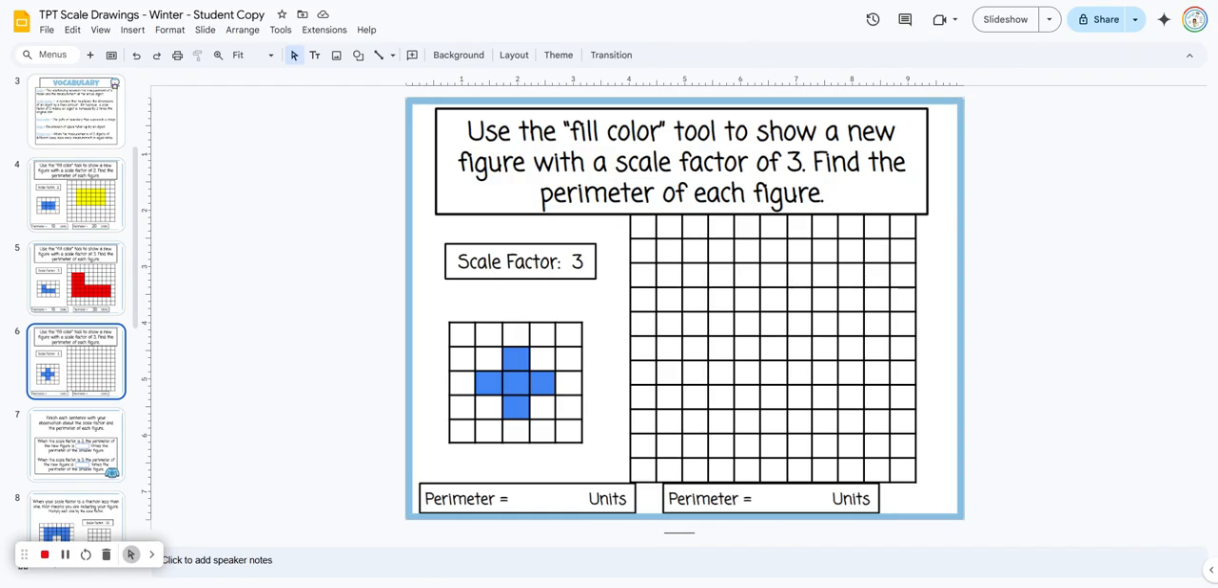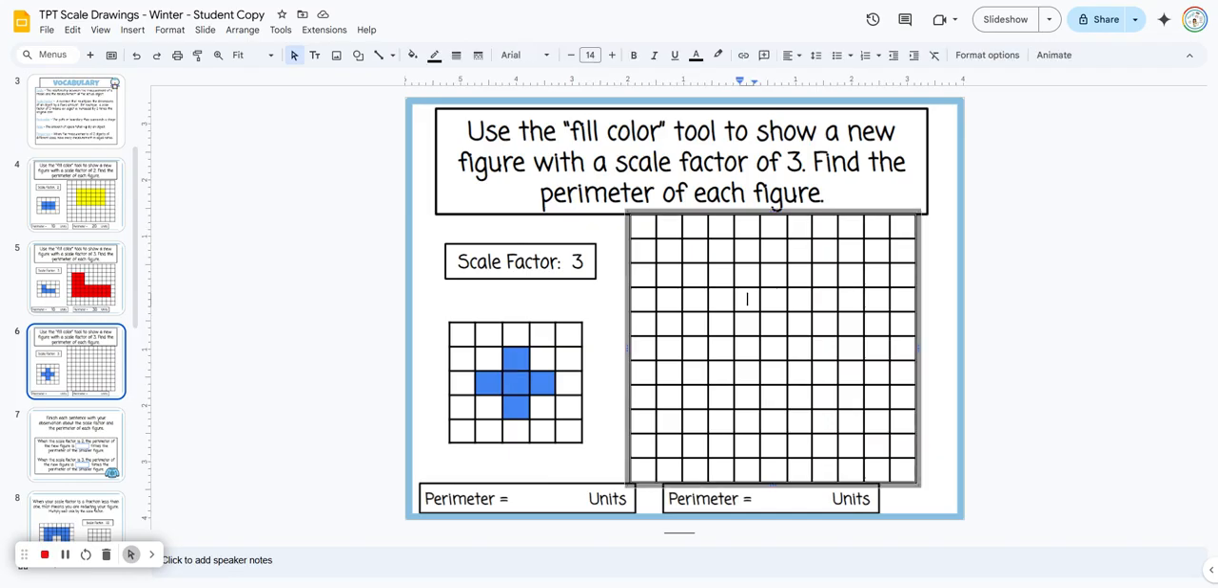And then they get another shape that's a little bit more difficult. You might want to do this one with the students, or at least start it for them. So each one of these squares we're going to multiply by 3. So it would be a 3 by 3 square here. And if we go all the way down,